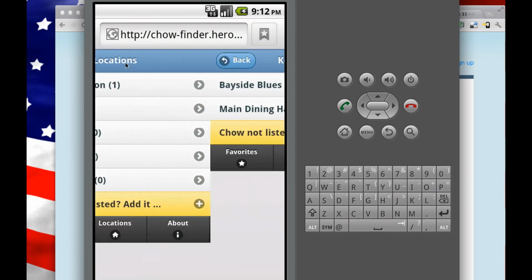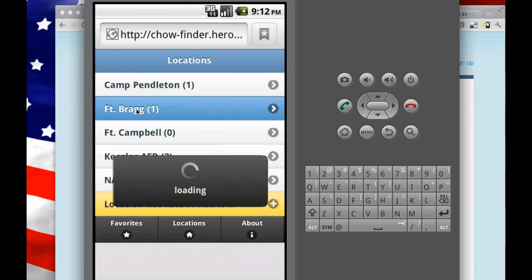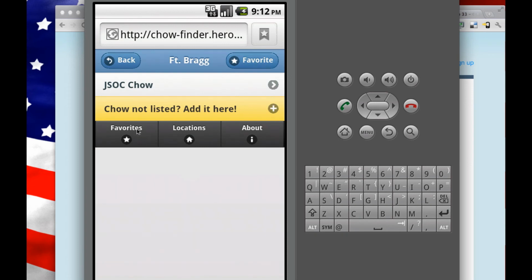Another thing you can do here is look at a location and make it a favorite, because you may spend all your time at Fort Bragg like my son and never leave, and so you want to set Fort Bragg as your favorite. So I'll just hit favorite right here. It'll mark this as a favorite. And now if I go to favorites,